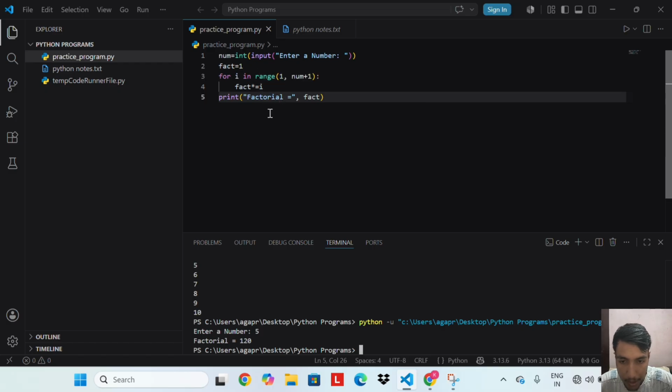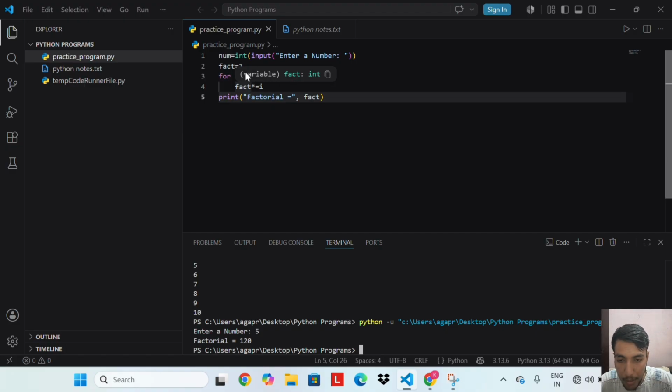If num is 5: round 1, fact is 1 into 1 equal to 1. Round 2, fact is 1 into 2 equal to 2. Round 3, fact is 2 into 3 equal to 6. Round 4, fact is 6 into 4 equal to 24.